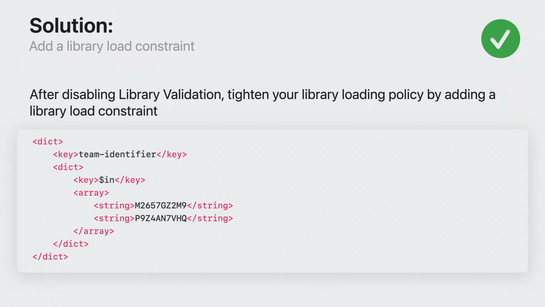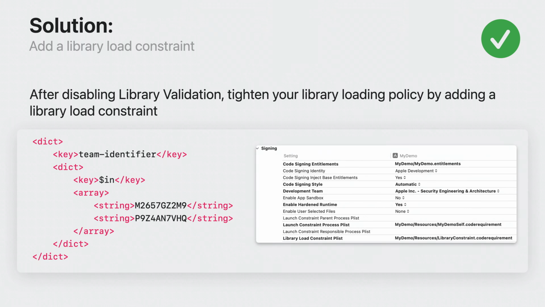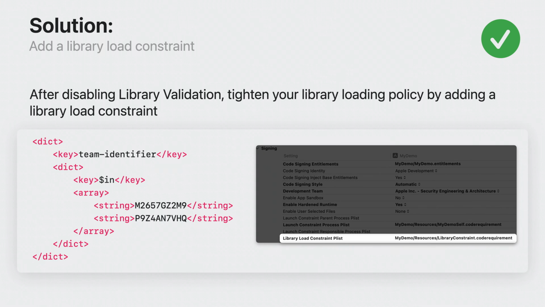Here we show a constraint that will allow you to load any code signed by your team or the trusted library supplier. You could also constrain this further to a specific library or set of libraries using one or more signing identifier facts. As with launch constraints, library load constraints get signed into your process when you set the library load constraint plist setting in your Xcode signing configuration.